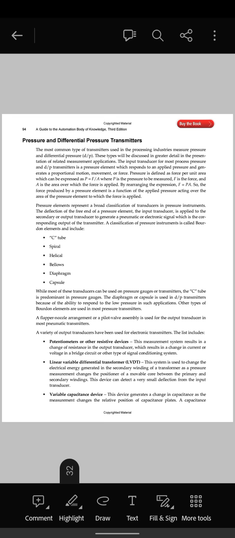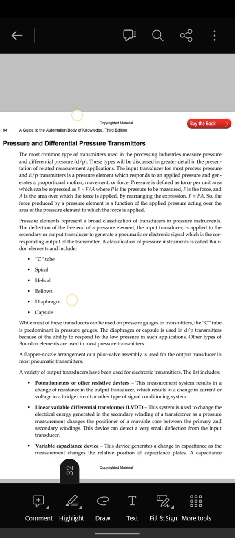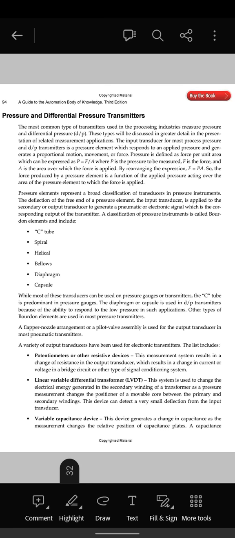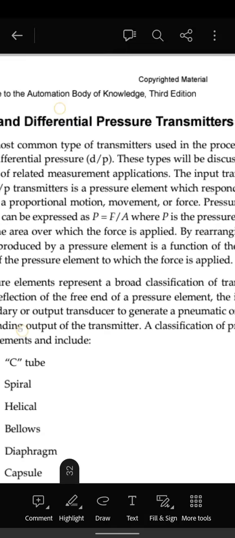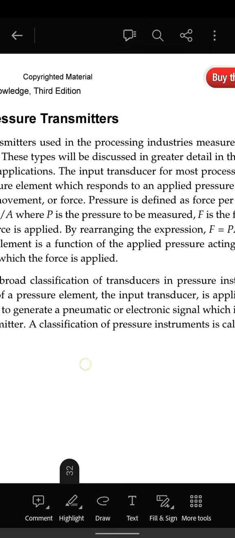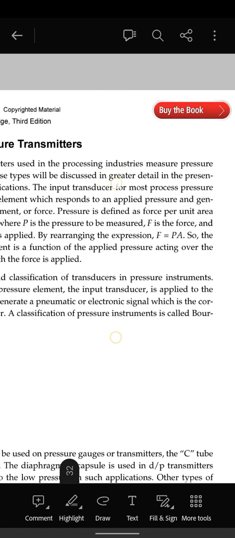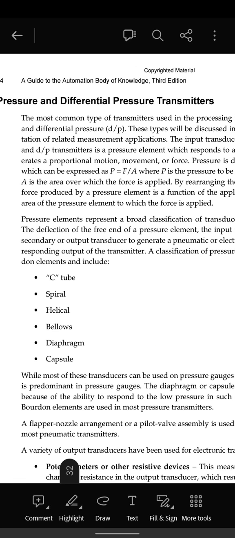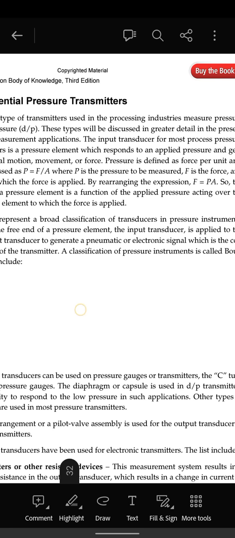The input transducer for process pressure and DP transmitters is a pressure element which responds to an applied pressure and generates a proportional motion, movement or force. Pressure is defined as force per unit area, which can be expressed as P equals F over A, where P is the pressure to be measured, F is the force, and A is the area over which the force is applied. By rearranging the